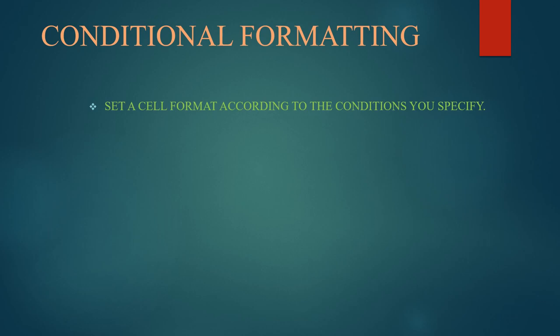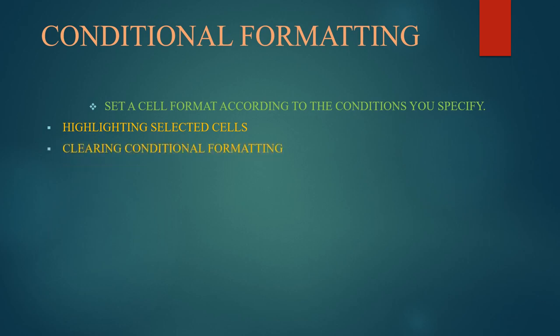I will show what it is. Listen about this conditional formatting. There are some headings available. First, we can show highlighting the selected cells. Whichever cells we want, we can highlight them. After that, you can clear the conditional formatting. Then the third point is highlighting the selected row. These 3 topics are the subheadings of conditional formatting. One by one we can see how to format using conditional formatting.